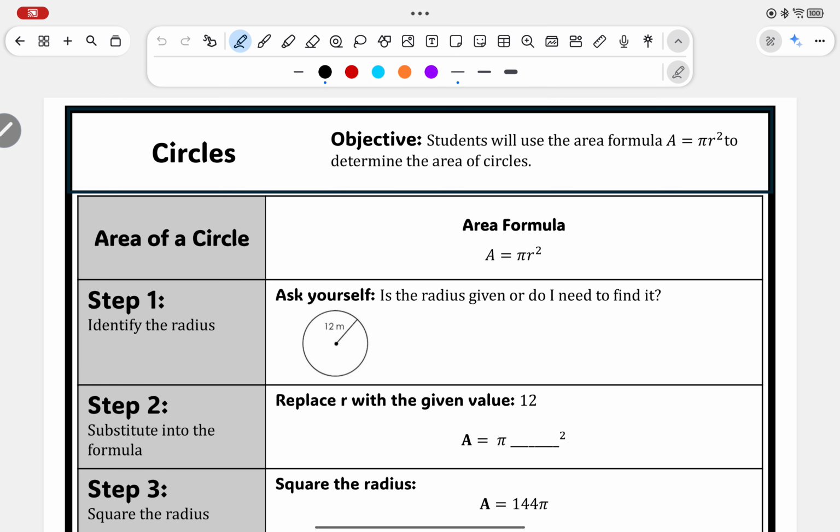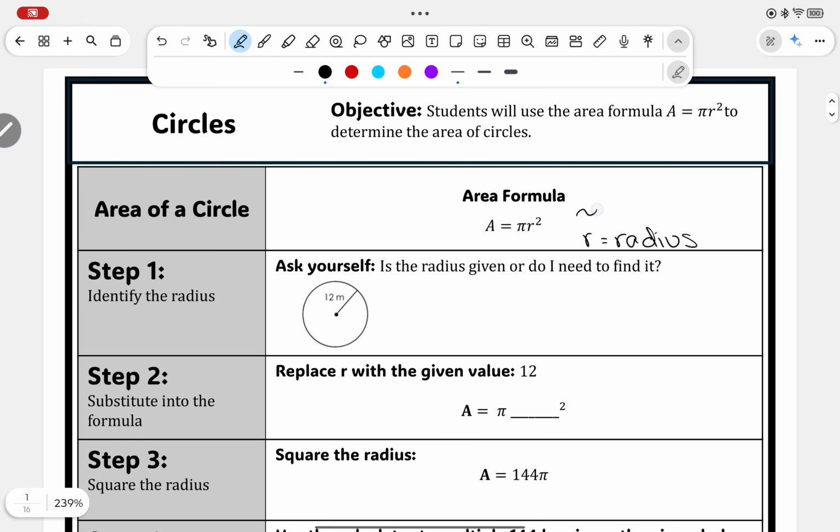So the area of a circle utilizes the formula A is equal to pi r squared. Remember that r means radius. Okay, so r is equal to our radius when you see that letter. Pi can also be equal to 3.14, but most of the time you're going to actually use the pi symbol